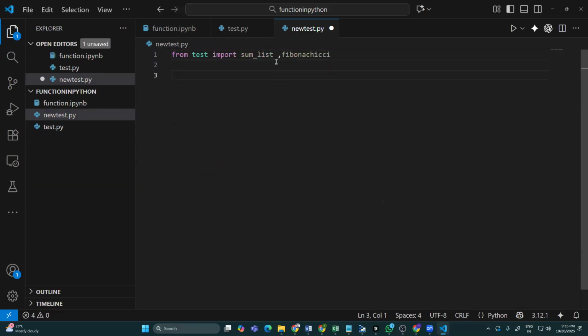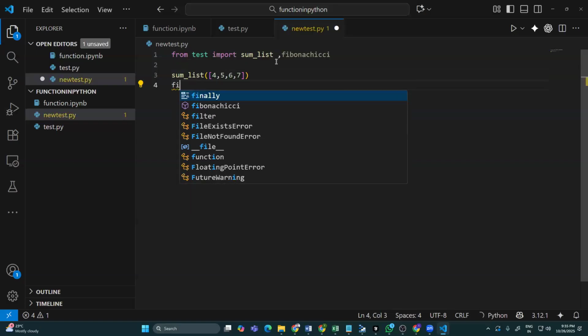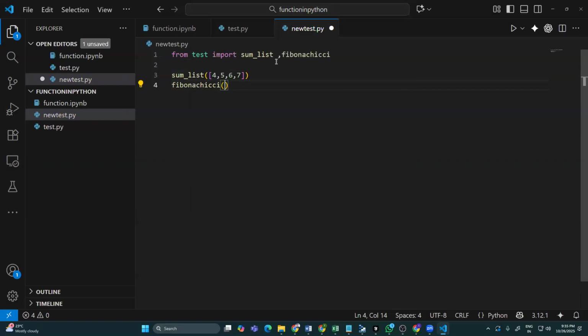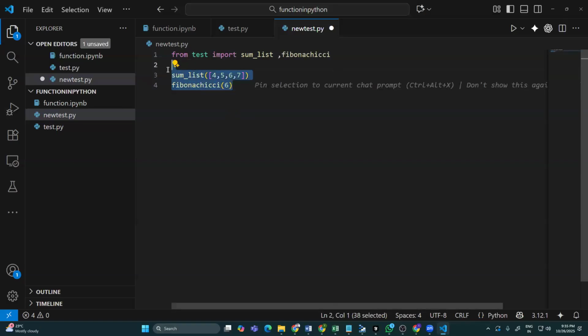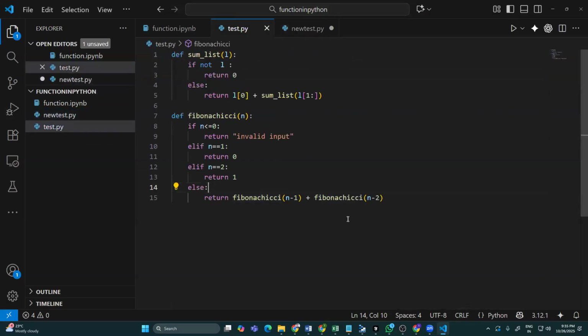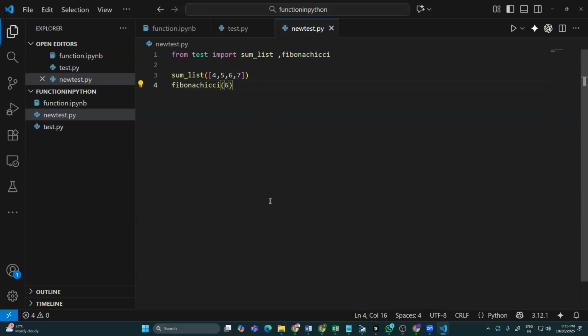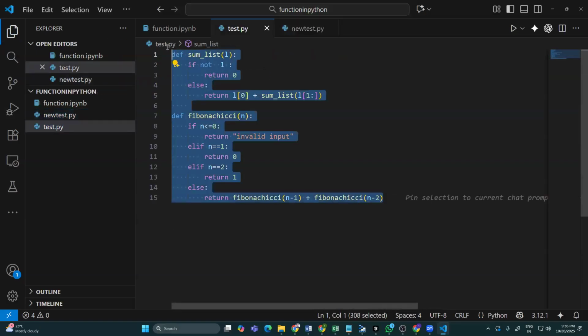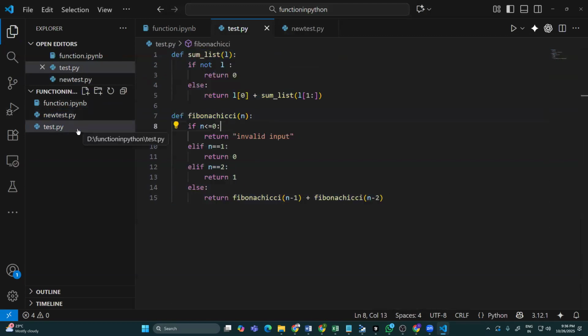See, we haven't written the functions here, but still I will be able to use them. For sum list, I can pass a list directly over here, and it will give me the summation. I can call Fibonacci directly, pass data, and get the final result, although this function is not available in this file. This function is available in the other file. And it's something available in all programming languages. You write a function once and then use it in any other file, on any machine as well. If someone is looking for my code, or would like to use this particular function, I'll just pass this Python file to them and say, go ahead and use it. I don't have any issue. If I have to make it global,